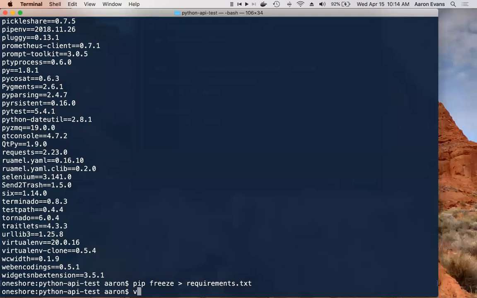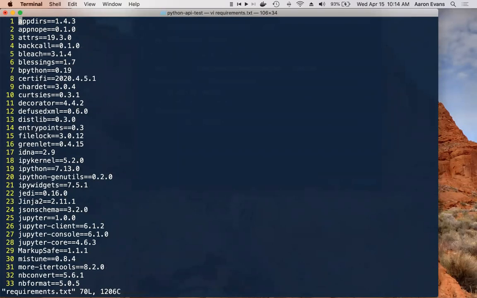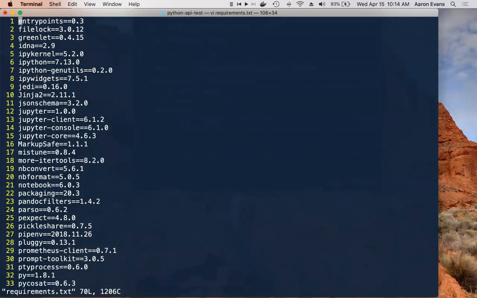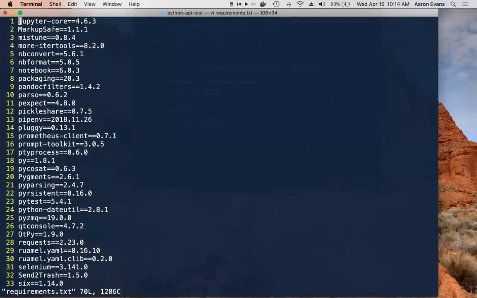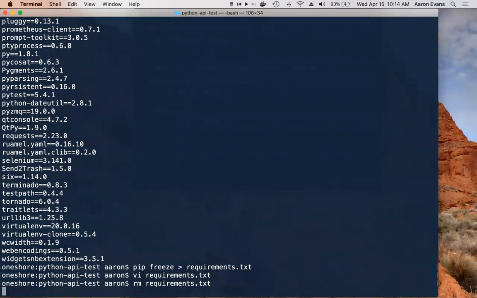But now when I look at my requirements.txt, I have all of these things, and I want to go through and delete all the ones I'm not using. Oh my goodness, I'm not even going to worry about that. I'm just going to delete that requirements.txt. Now,